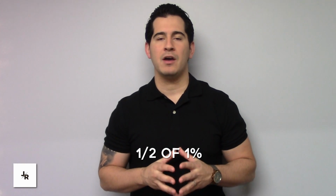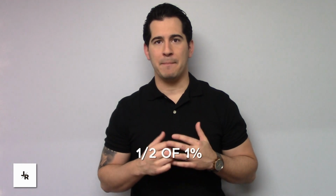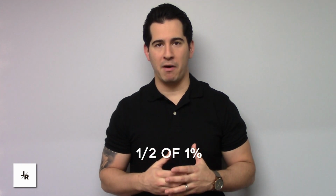You will face a penalty of half of 1% of your unpaid taxes, and the penalty applies for each month or part of a month after the due date and starts accruing the day after the tax filing due date. And it's important to note, even if you file an extension, taxes are due July 15th. If you filed an extension prior to July 15th and paid at least 90% of the taxes you owed with